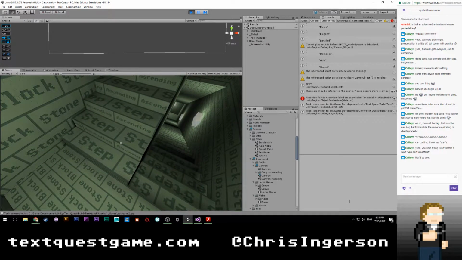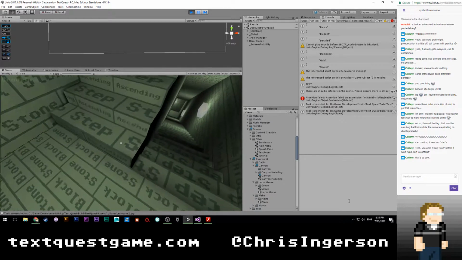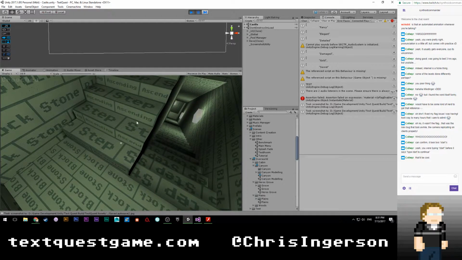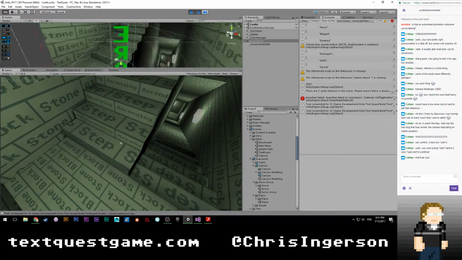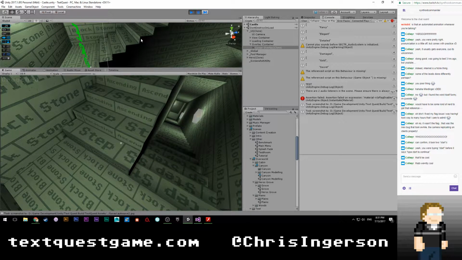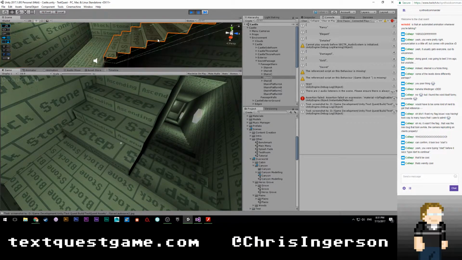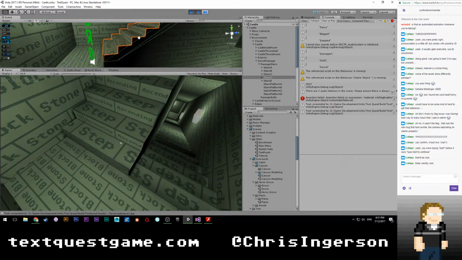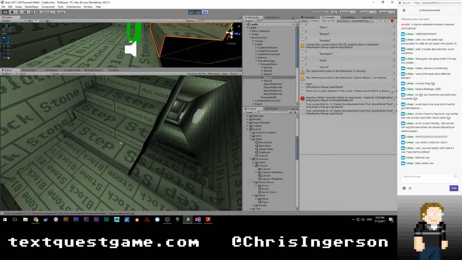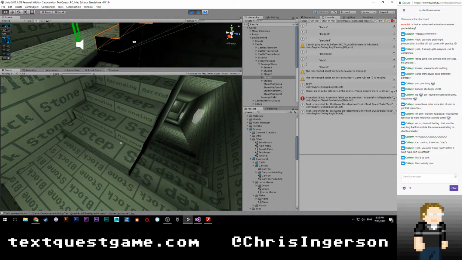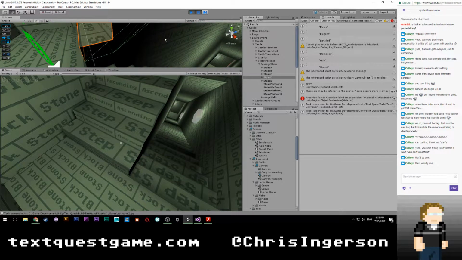I'm going to try and pause so we can see that. And I'm going to look at my objects here. Okay. Maybe it's because these two colliders are running into each... Oh, I bet I know what it is.